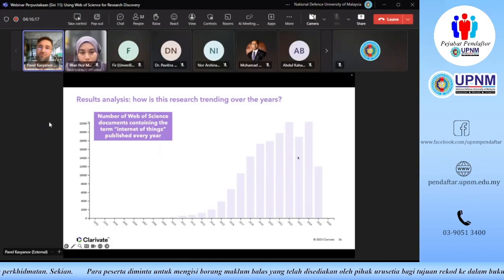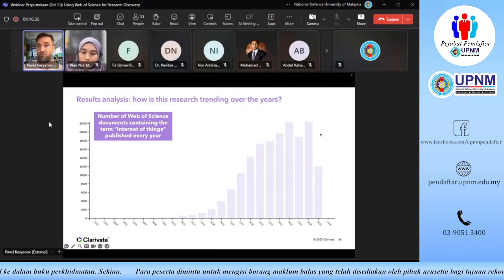Once again, I probably made this snapshot sometime around June, probably this year. But the important thing is that I'm pretty sure if we run this search right now, it's going to have many more documents in 2025. So I'm pretty sure this growth is going to continue. But the point I'm trying to make is that the period of exponential growth of this topic in popularity is probably behind us already.